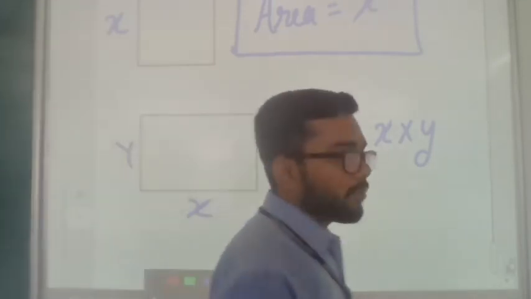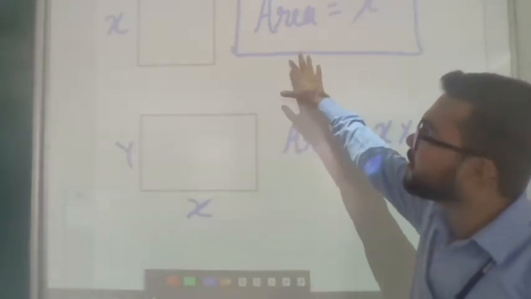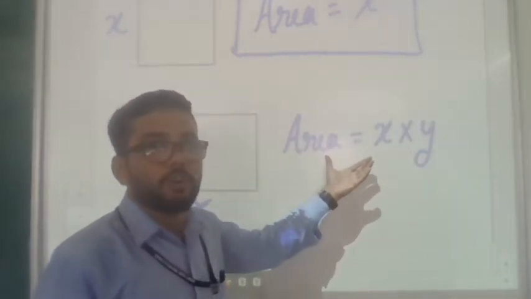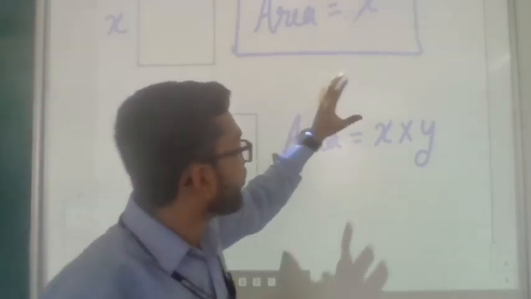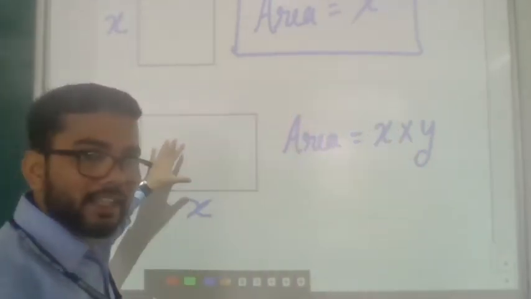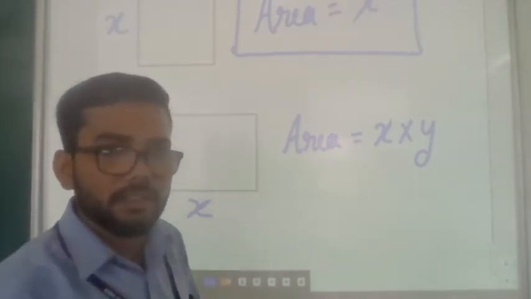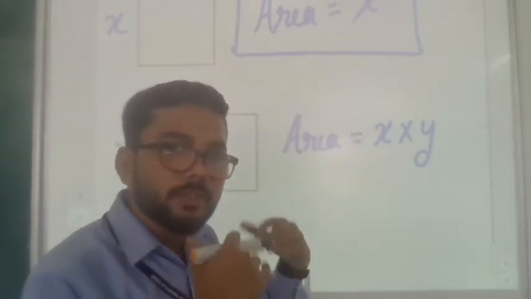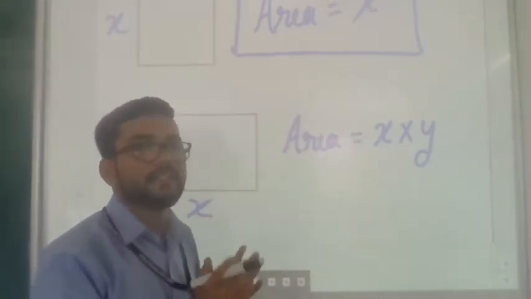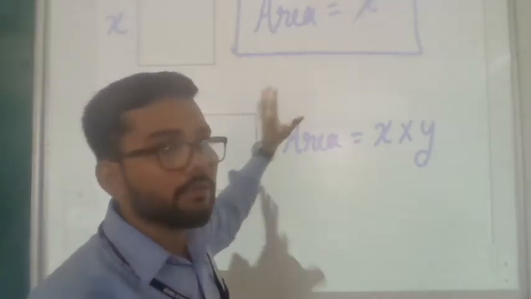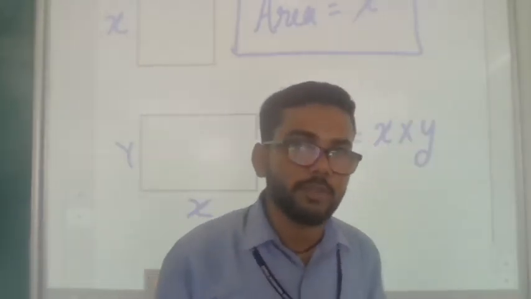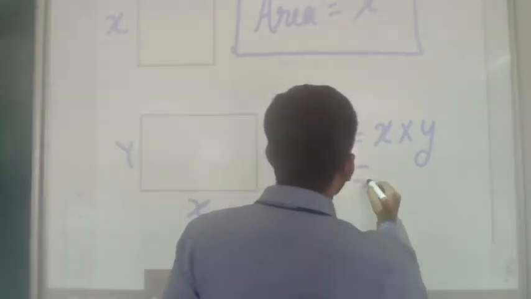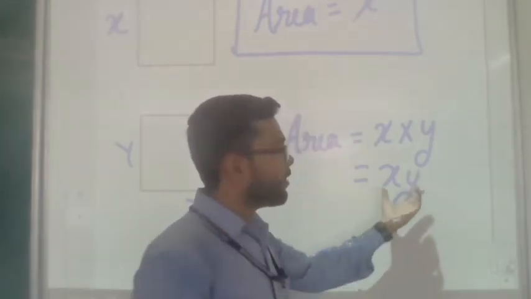So what we will observe is that every measurement of any figure can be written in the form of variables, because the value of this x and y, the value of the length of any figure, can be changed. So as per the value, area, perimeter, volume become changed. That is why we will take it as a variable. We will write the measurement in the form of a variable. So it is very important, and it is also xy. If you write it as xy, it is also x into y.